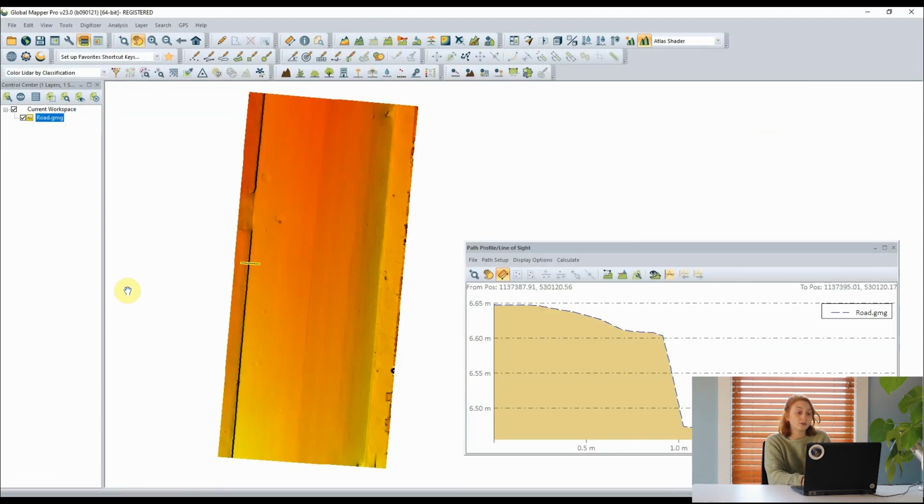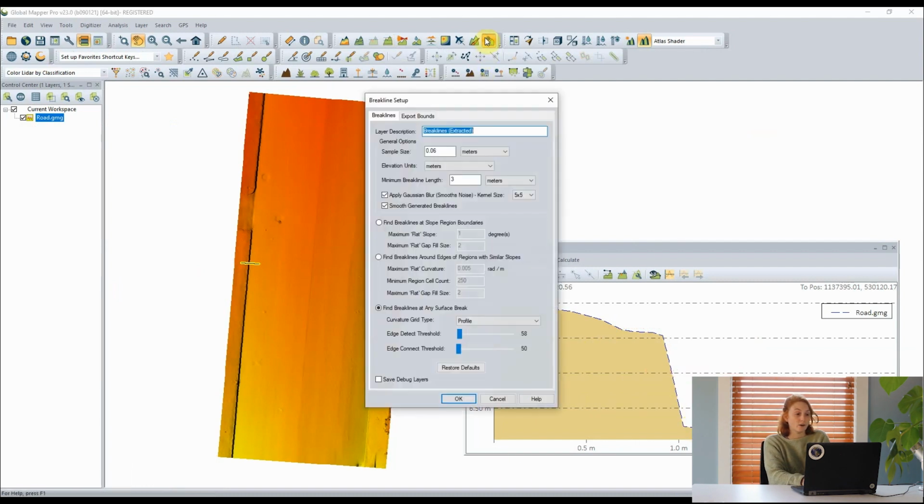Looking at a different method with this tool, I have a second data set here, a small section of a road with a very distinct curve we can see in the path profile. Now, to extract breaklines for this curve, we'll use the third method for extraction that's based on the curvature of